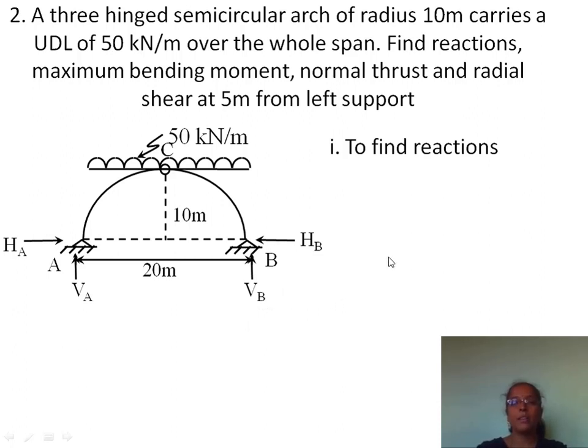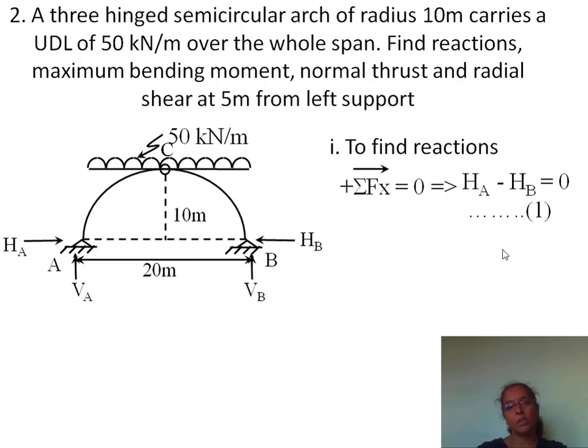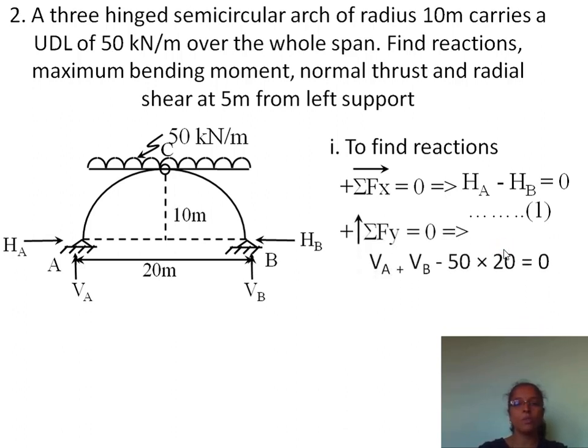So let us apply the three equilibrium conditions. First, let us apply sigma Fx equals 0, which implies HA minus HB is equal to 0, that is HA equals HB. Next, let us apply sigma Fy equals 0. So it implies VA plus VB, they are acting in the upward direction, so upward forces are taken